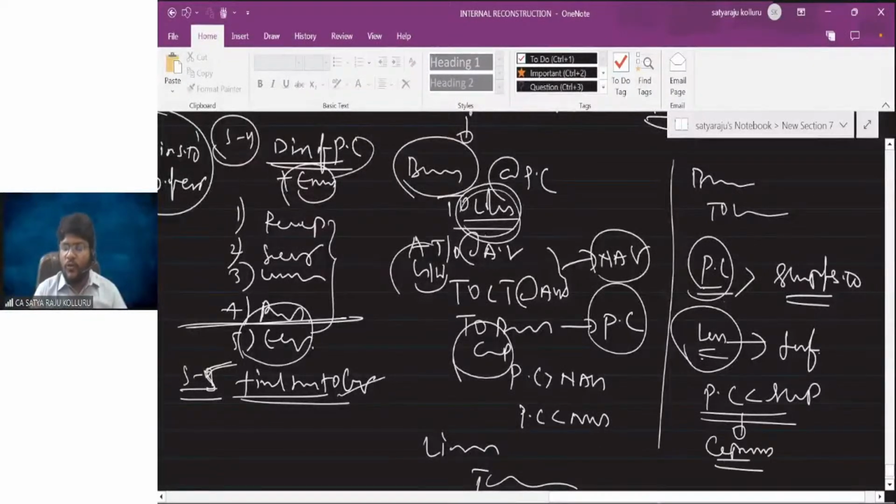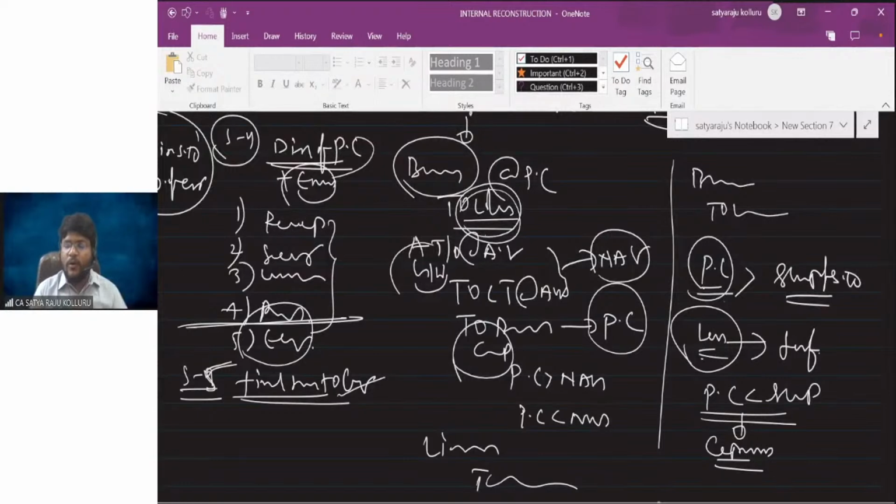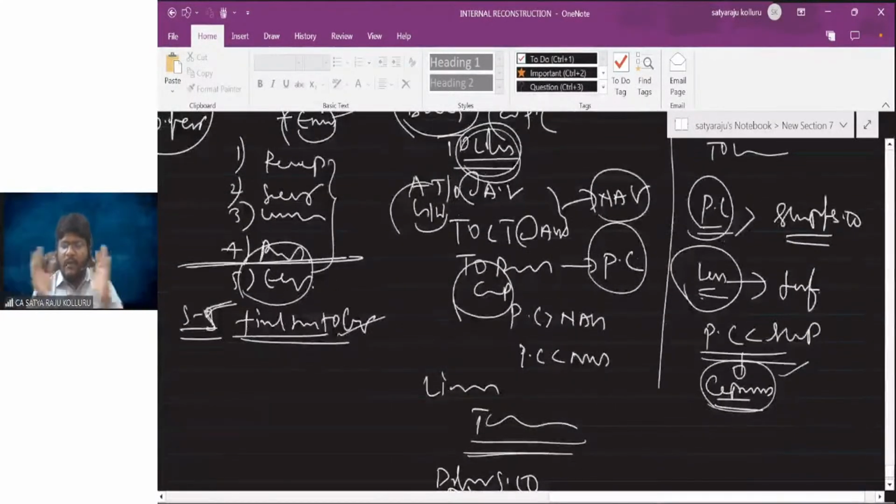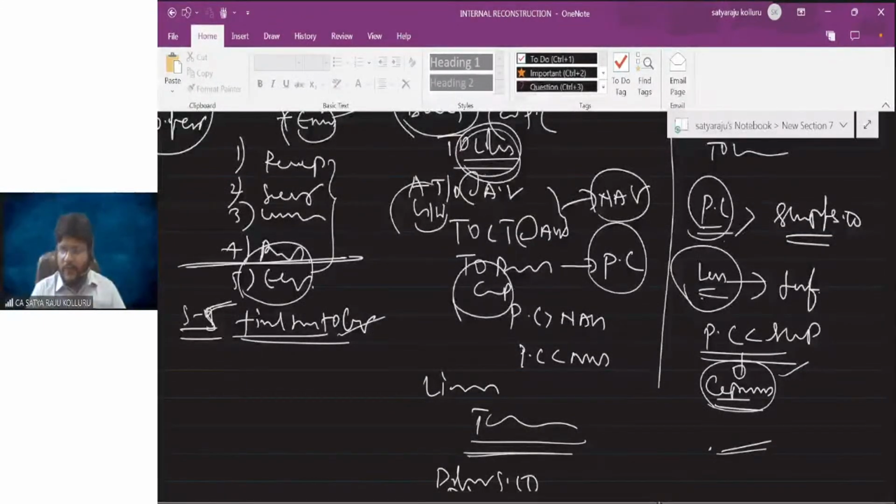So the logic I told you: if you treat it as a revenue profit, then such profits are available for distribution of dividend. We should not make it available for distribution of dividend, because it arose only at the time of amalgamation. That's why we are transferring to the capital reserve only. Then the remaining items are line by line addition. For liquidator of selling company to equity share capital, preference share capital, debentures, in the usual manner, you need to pass this entry.